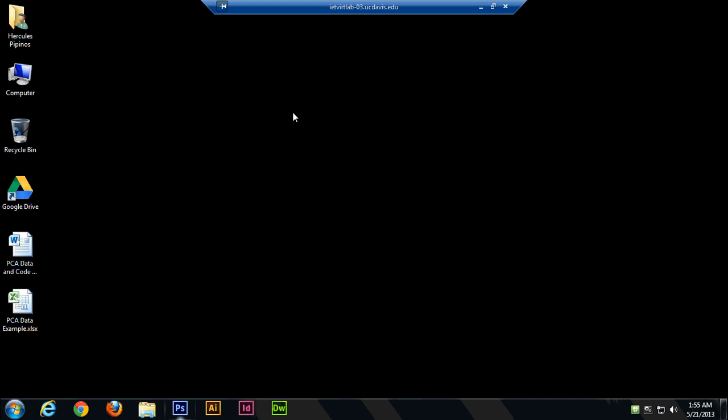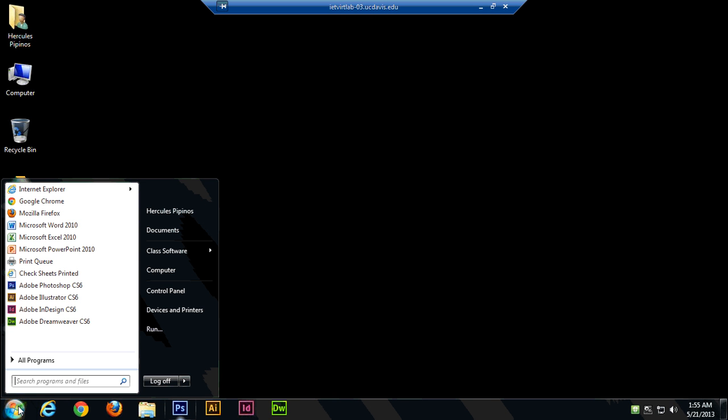So anyways, we'll assume you're starting from a screen similar to this. This is the blank screen you get when you log in with the school computer. So to start SAS, we're going to go to the bottom left of the screen with the start button. We'll left click that. Right above the start button, you see a little text box that says search programs and files. We're going to want to left click there. You can see my cursor on the bottom left of the screen. I'll left click here